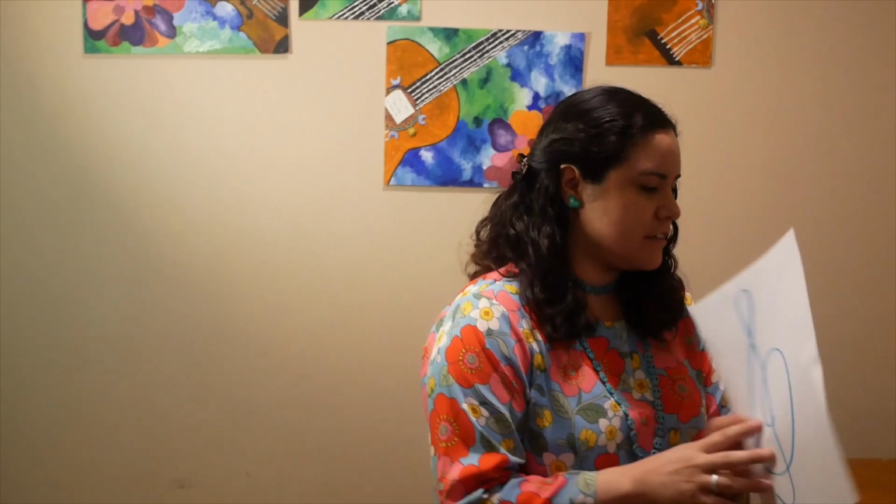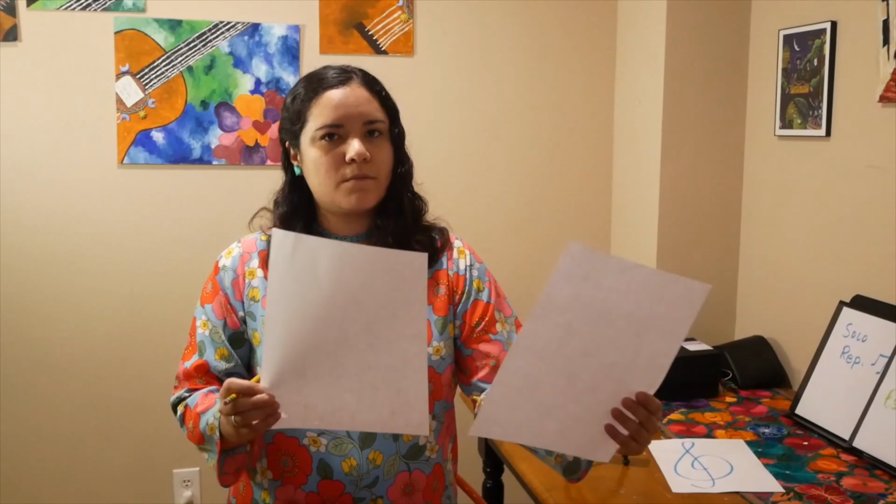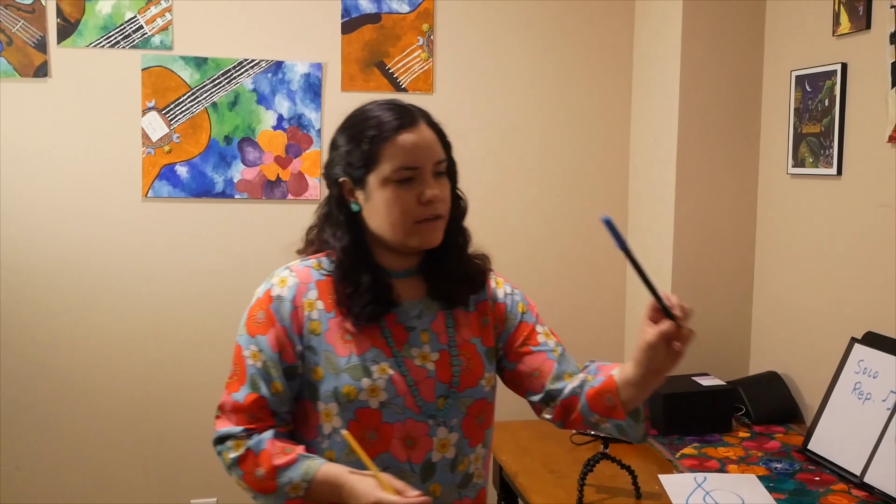T-R-E-B-L-E, that's treble, and clef is C-L-E-F, treble clef. All right, so you're going to need some materials. You will need a pencil to write with, 2 or more sheets of paper. Remember, this is to practice drawing the treble clef. You'll need a marker,